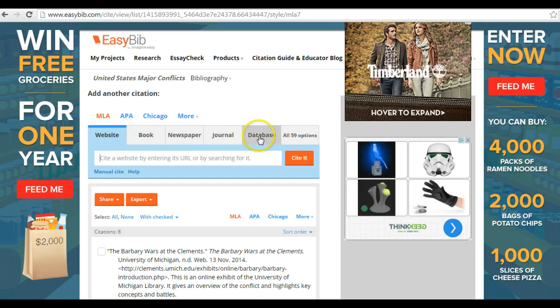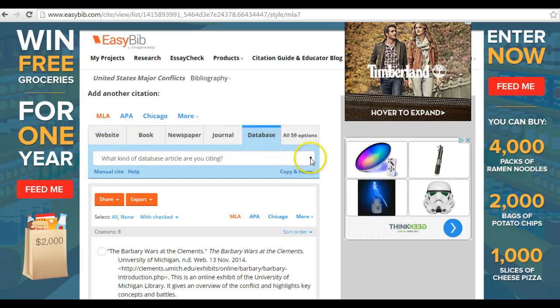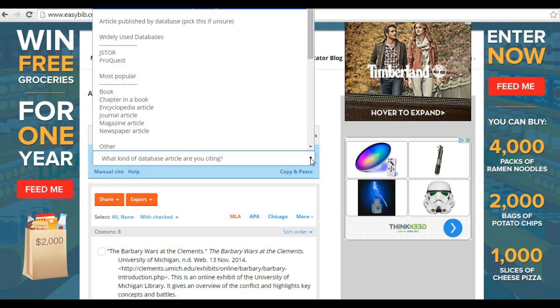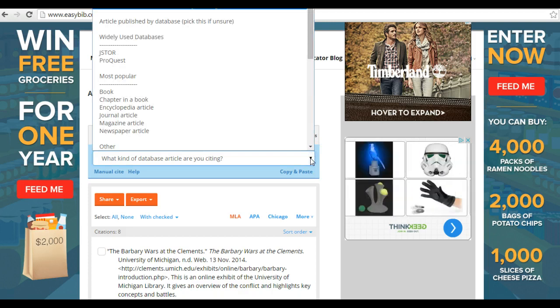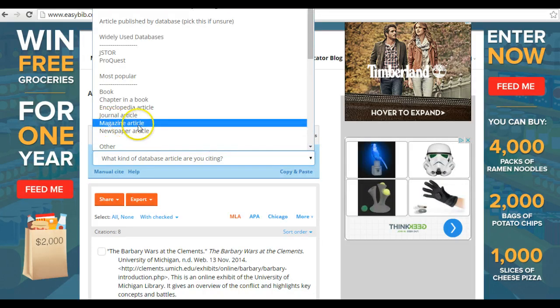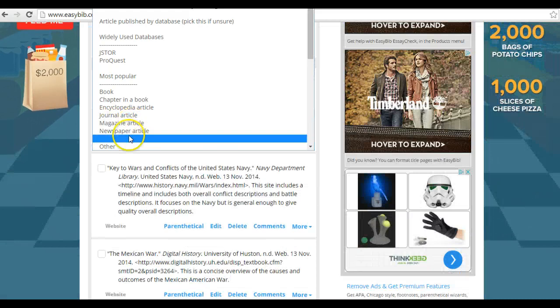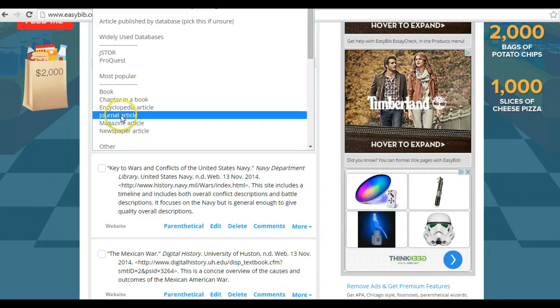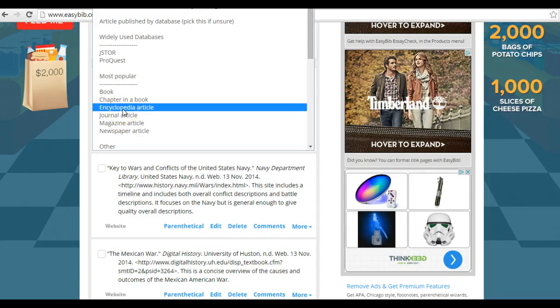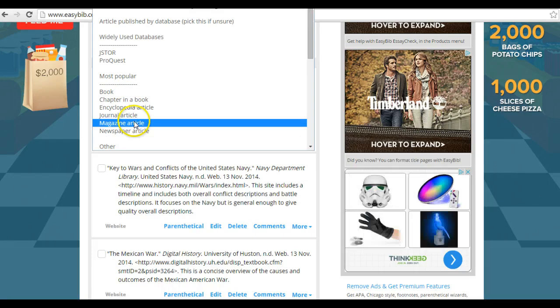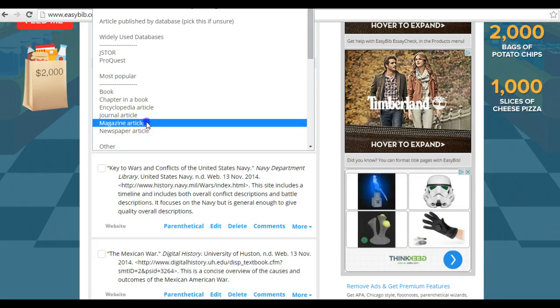So I need to click on database and then select the down arrow to figure out what it is that came from a database. And the answer here is magazine article, but it could just as easily have been something from a newspaper or journal or encyclopedia or even a chapter from a book. But here it's magazine article, so I will select magazine article,